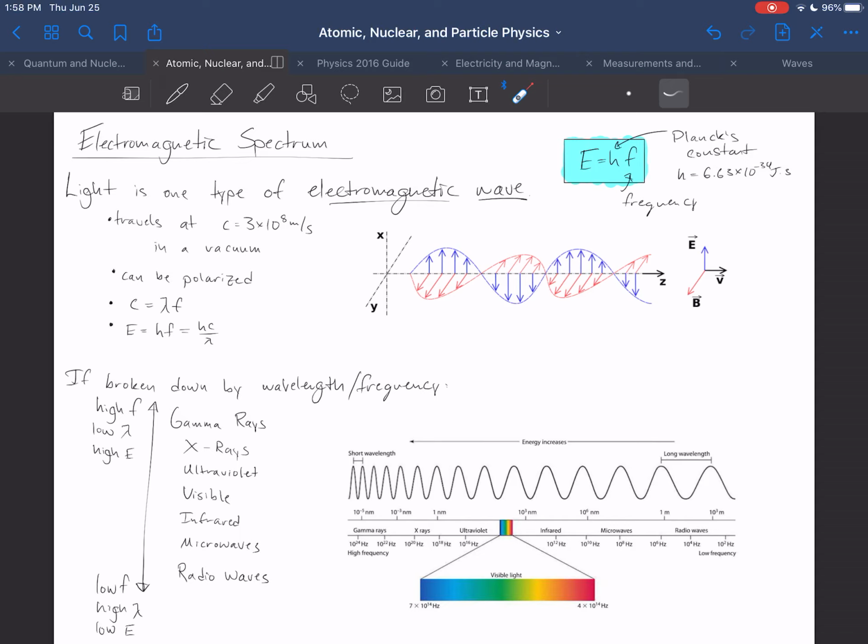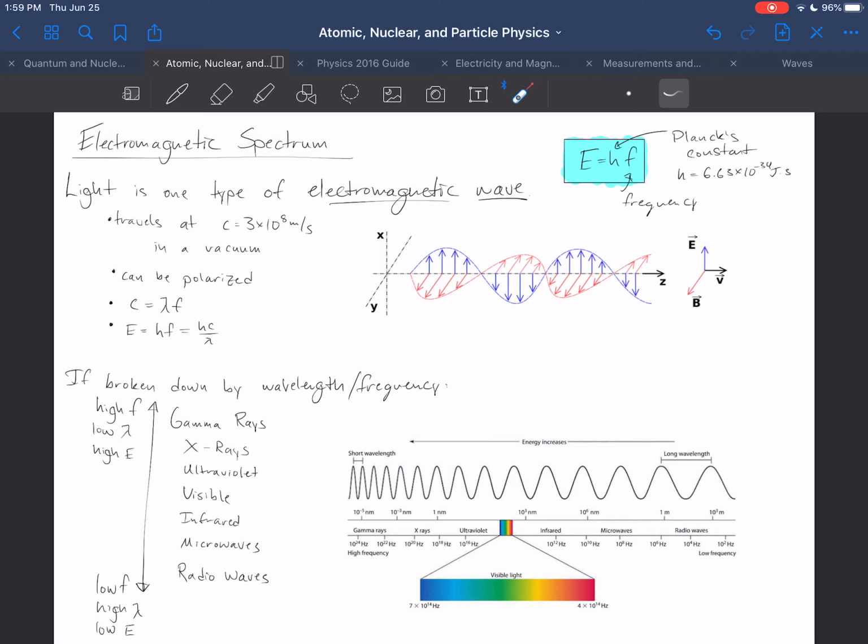So recall that light is just one type of electromagnetic wave. This is a wave in electric and magnetic fields, as shown here, wherein we know that a changing electric field produces a changing magnetic field at right angles to it, and vice versa. And what this means is that if you change the electric field over here by, for example, wiggling an electron up and down in what is usually known as an antenna, that changing electric field will produce a changing magnetic field, and that changing magnetic field would produce a changing electric field, and so you get what is known as an electromagnetic wave that propagates forward in space and can travel in a vacuum.